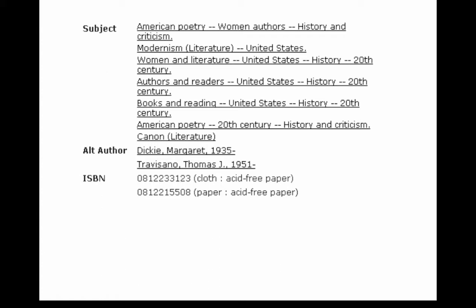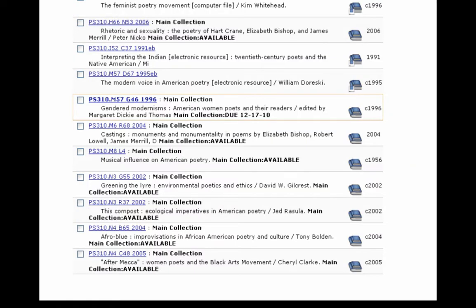However, if we go back up and click on the Library of Congress number, here's where the book appears on the shelf. In the old days, when you had to go to the library and walk down the rows between shelves of books, sometimes it was very useful to shelf browse, to look left and right from the book that you want to locate. This is a digital version of shelf browsing. Look down a few, look up a few, and see what books are nearby this book on our library shelves. Some of these may be of interest to you